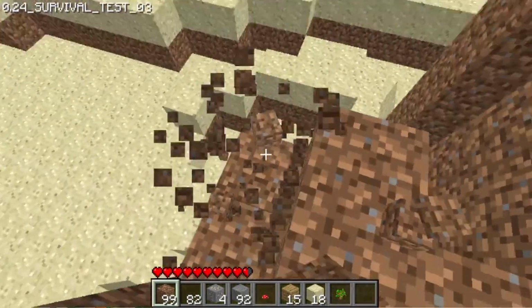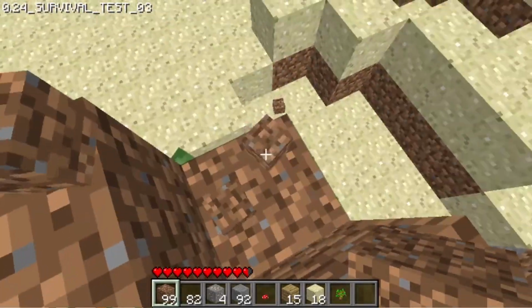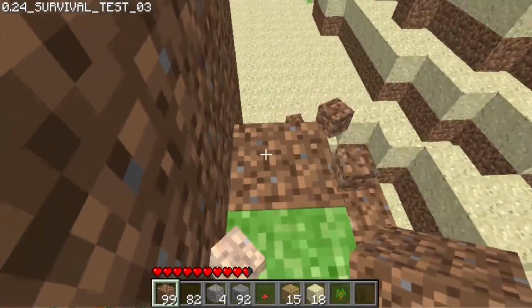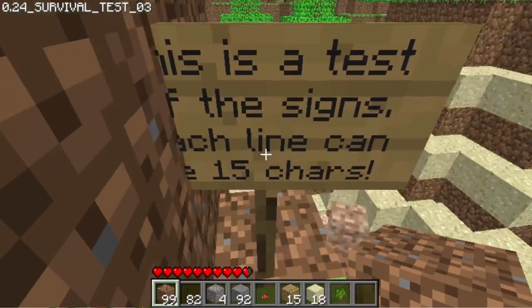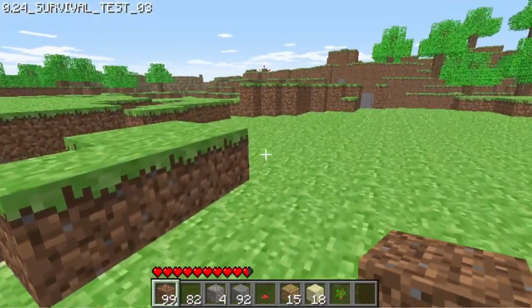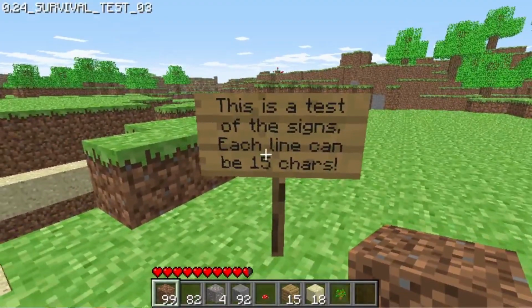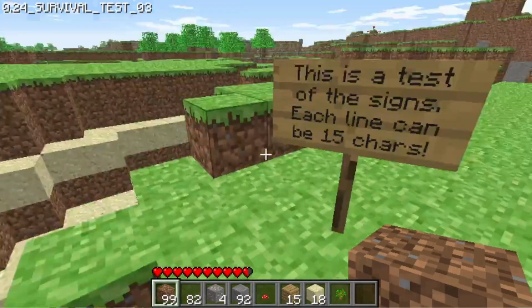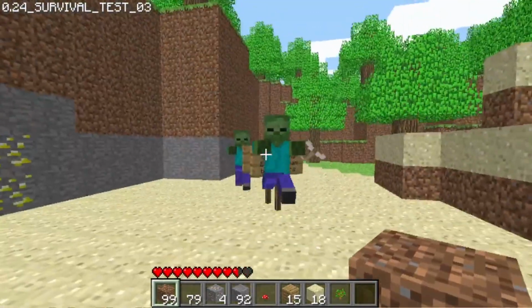The next bug that I actually found has to do with a feature that we haven't mentioned yet, and that is if you press the B button, instead of giving you an inventory like it did in previous versions, it actually produces a sign. And that sign says, "This is a test of the signs. Each line can be 15 chars." So I guess we'll never know what a char is, but...